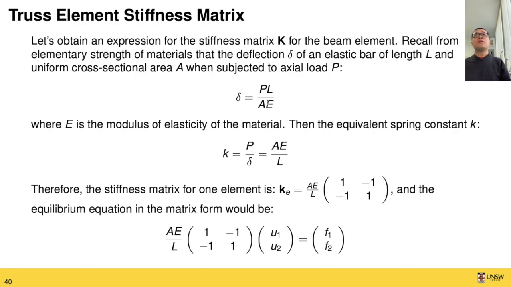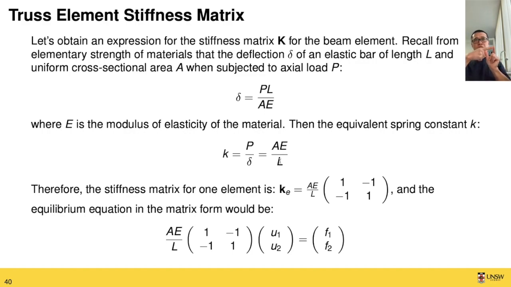Now, if you recall, for the spring element, the spring constant is basically the force divided by the displacement. We can do the same thing to define the effective spring constant K for this truss element, which is basically P over delta. If you plug in the value of delta from this equation into this function, you'll find that K, the force constant of this truss element, is AE over L. So if you have a single